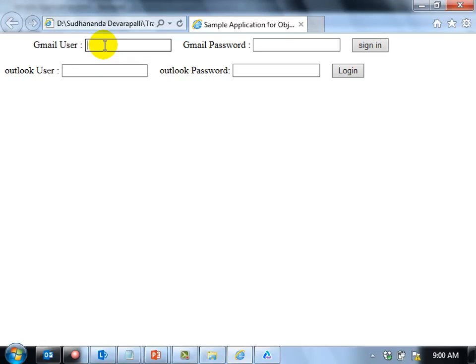But unfortunately, for this Gmail user and Outlook user, both the edit fields have got the same kind of properties. So that's where the problem is coming. But to identify the password fields, I don't have any problem, because Gmail password and Outlook password, both the fields have got two different property values. If you look at that,